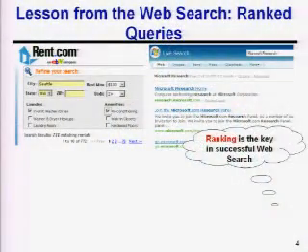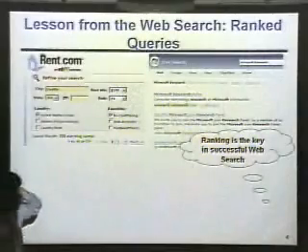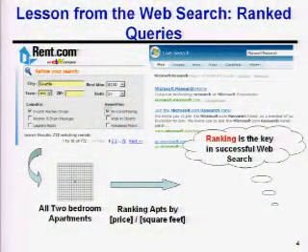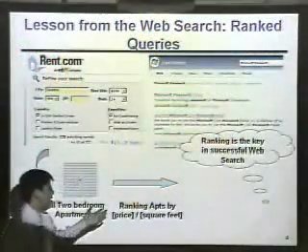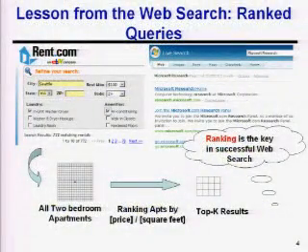But this situation reminds us of a similar scenario in web search, where people input keywords and get millions of results, but people are satisfied with web search. Why? Because they have ranking. Although there are millions of results, people are generally satisfied with the results on the 1st or 2nd pages. So how about we bring the similar idea to database search? In this example, we will get so many 2-bedroom results, but I'm a student. I look for an apartment which is cheaper. So my preference is that price over square feet is as small as possible. If we rank results according to this preference, we only look for the top 10 or top 20 results.